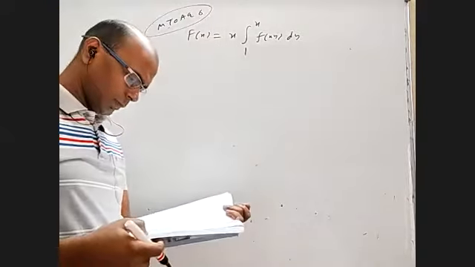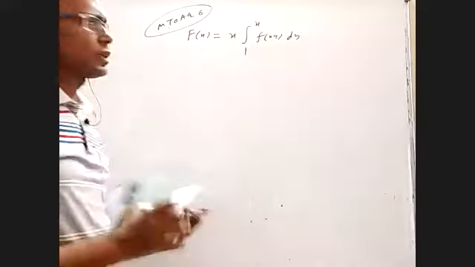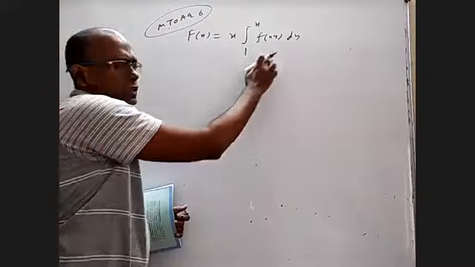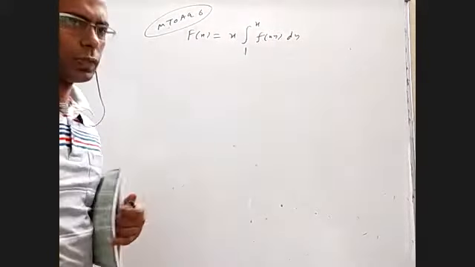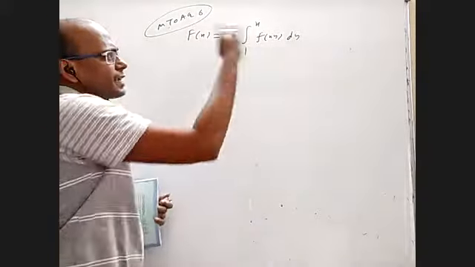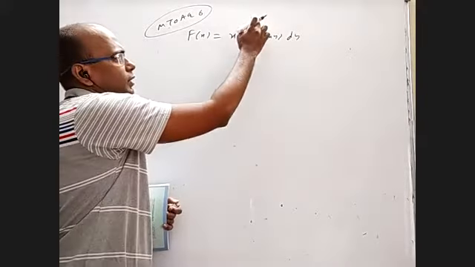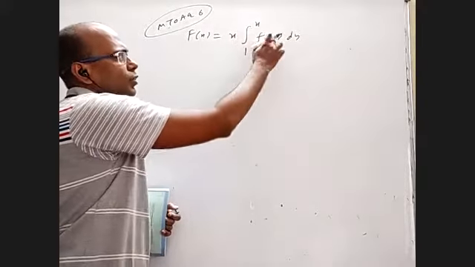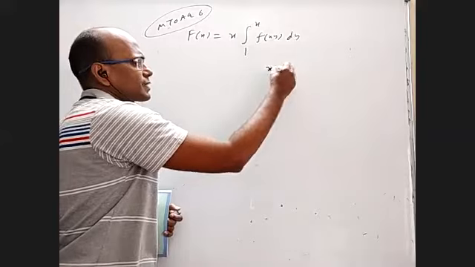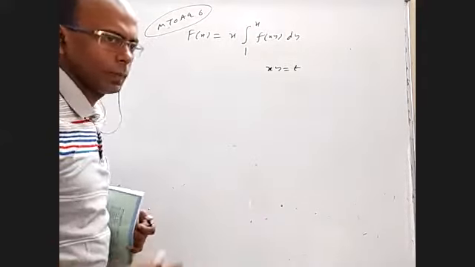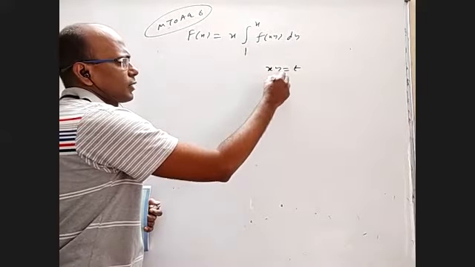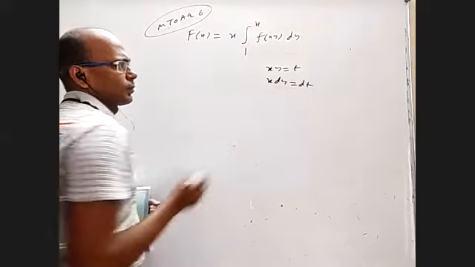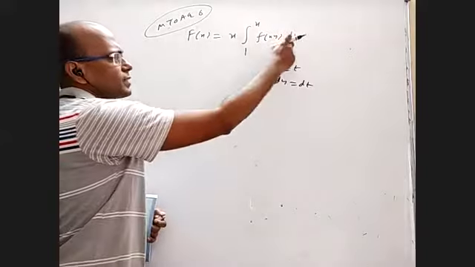One thing that we should not do is directly differentiate this using the fundamental theorem, because here x is also there, so it is not possible. If you can avoid this x, then we can do it. Whatever x is here, it should not be here. So one way to avoid that is to take xy as t. Then the derivative x dy is dt straight away. This x and this dy will become dt.